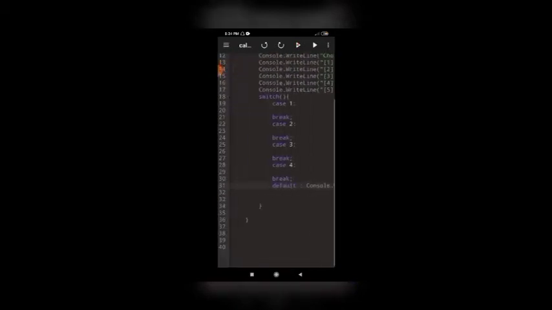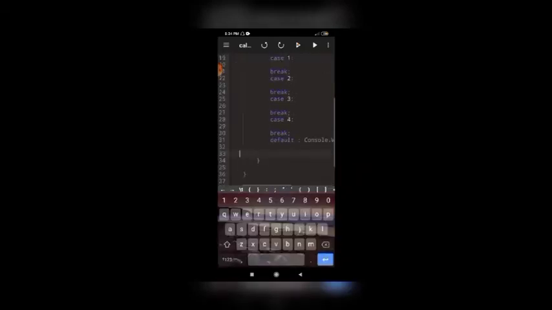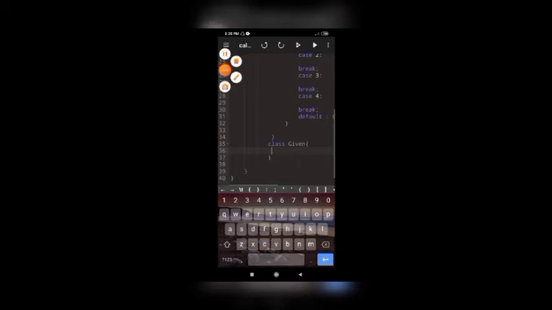After that, we have to create a class for Given. The class must contain given choices, attributes. I will make a class named Given. Inside the class Given, we have the attributes or fields. The attributes were variables in a class, or fields. Inside the class Given, we have the attribute public